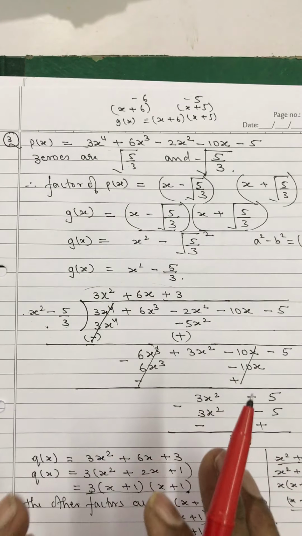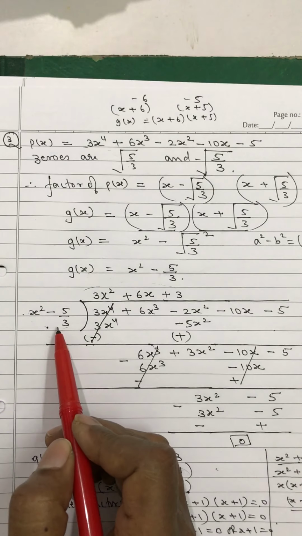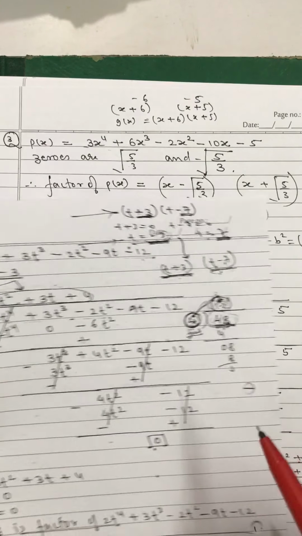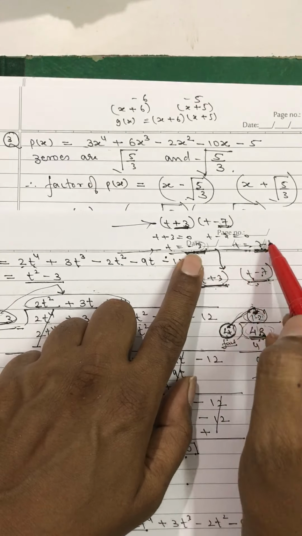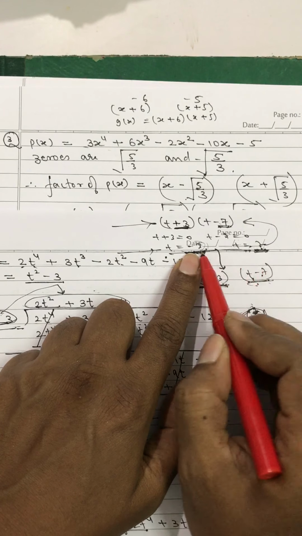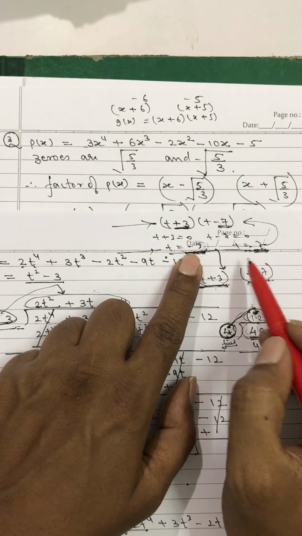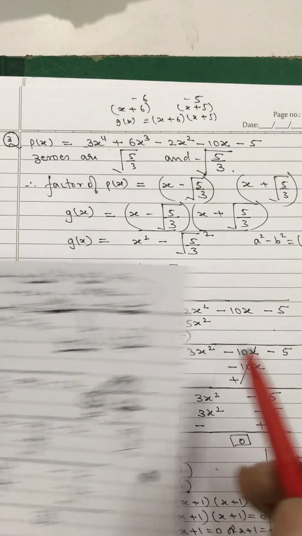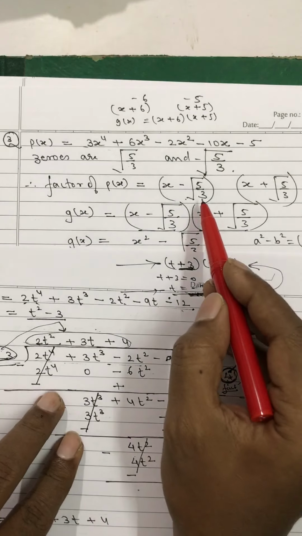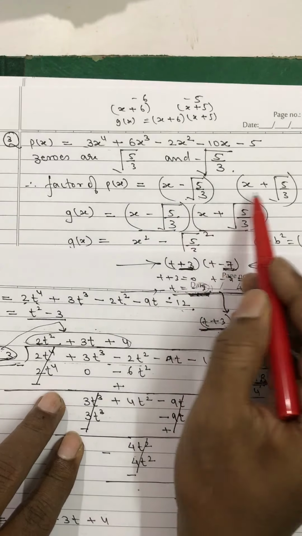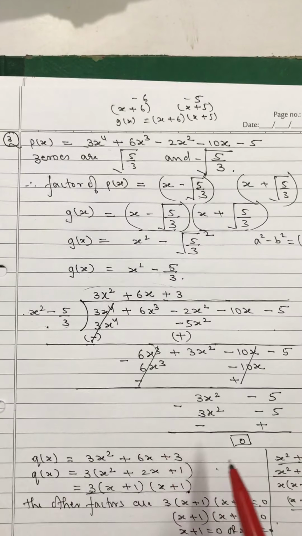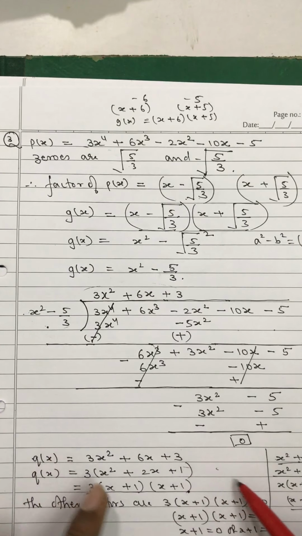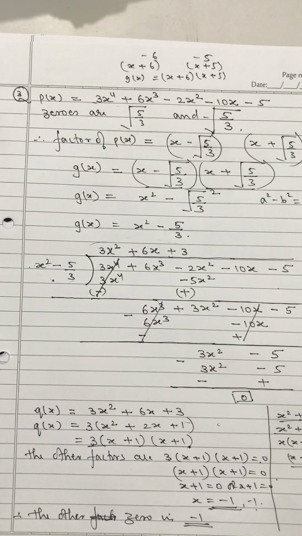See, both the ways you are going in this one question. To get the dividend, you are traveling from 0 to the factors. I am very sorry. To get the divisor, you are traveling from 0. Zeros are given to you, minus root 5 upon 3 plus root 5 upon 3. From those zeros you are traveling to the factors, right? And to get the other zeros, from the factors you are traveling towards the zeros. Okay, my dear student, from the factors you are traveling towards the zeros. This is how it is.